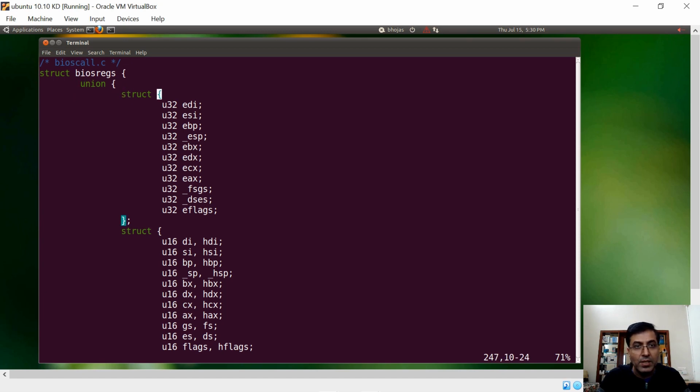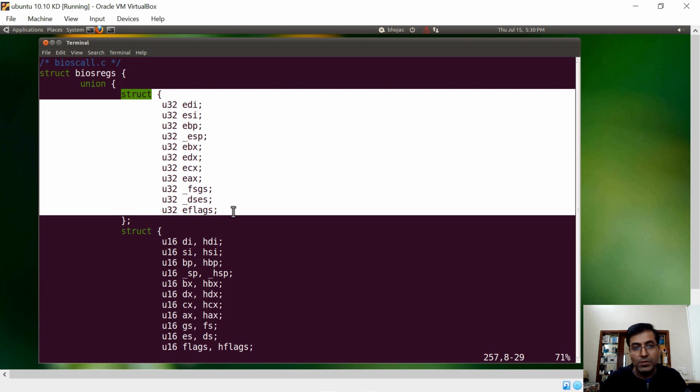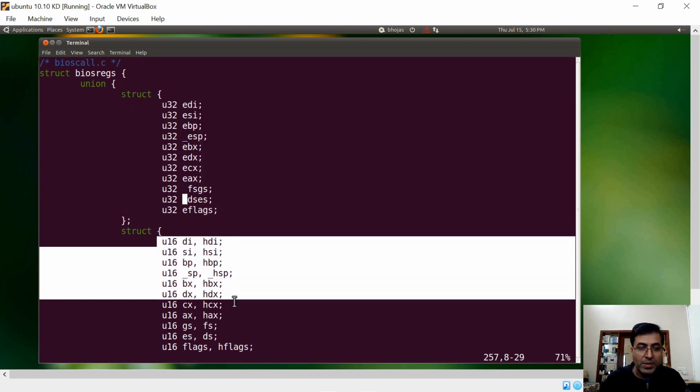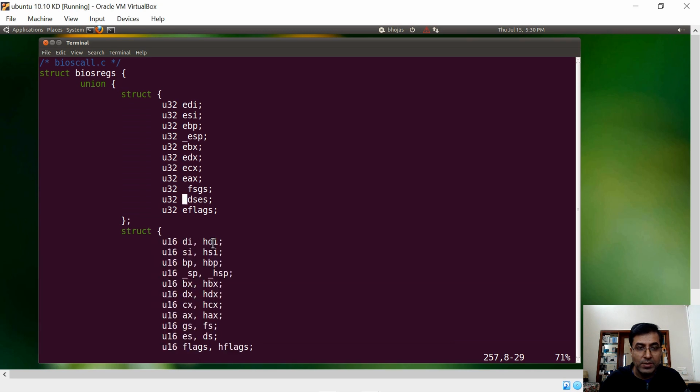Now the register can be a 4-byte entity. So these are classical registers. These are the important classical registers for an Intel architecture. Okay, so what you see is you want to represent a structure for 4-byte registers. You have another structure which is just a breakup of those registers into 2 halves, lower half and the upper half.